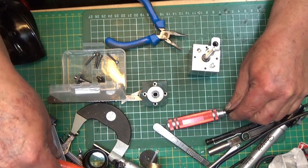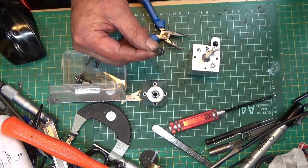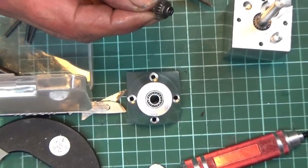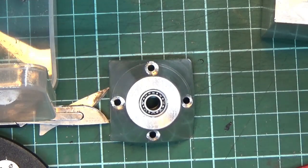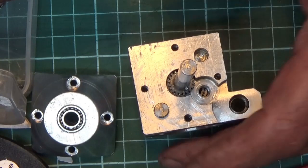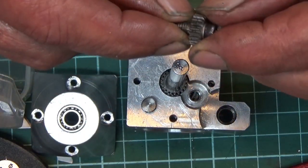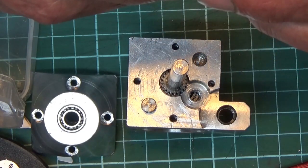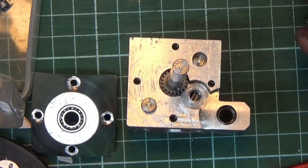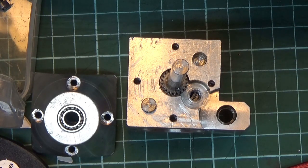It's down. Right, that's number 1 gear. Number 2 gear is just an idler, which goes here. There's the idler. It's threaded 5mm on the back,